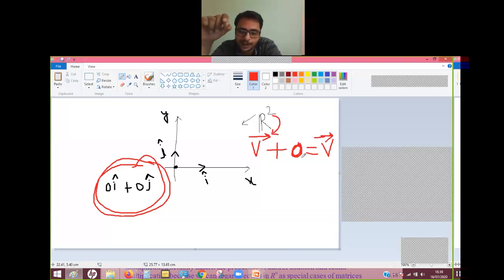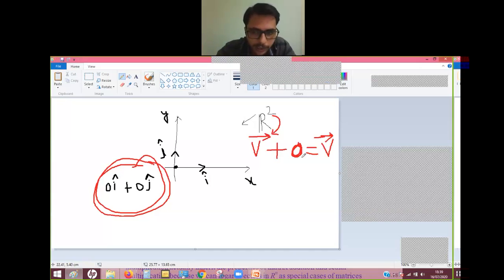There are a few more options also. You can put it like this and put an arrow over the zero, which means it is a zero vector. One more way is a bold zero. In our presentation we have kept the same notation: if the zero is bold, then you directly say it is a zero vector. This is just to identify whether a zero vector is there or not.